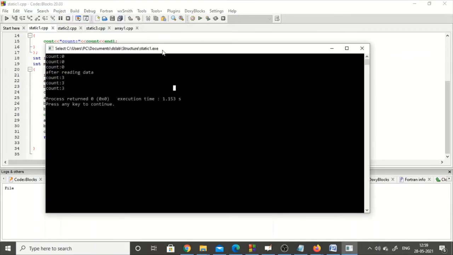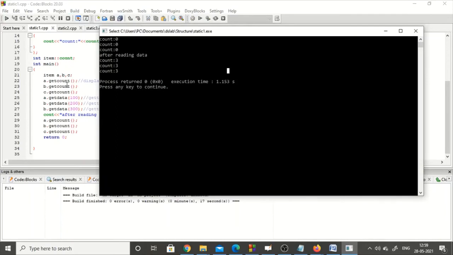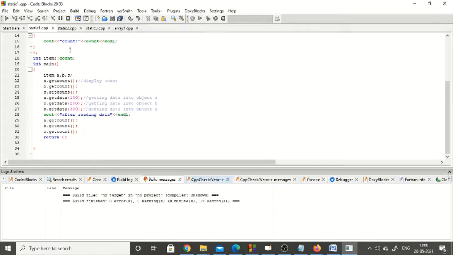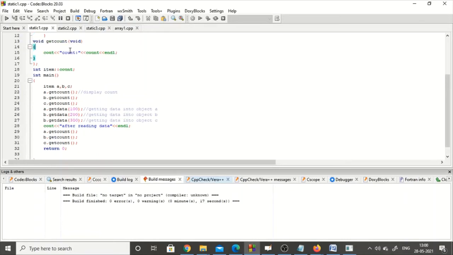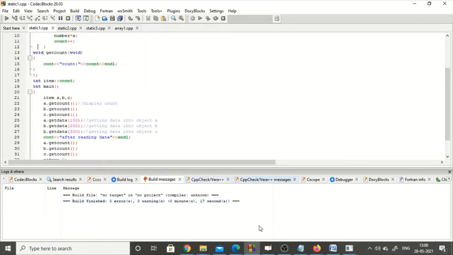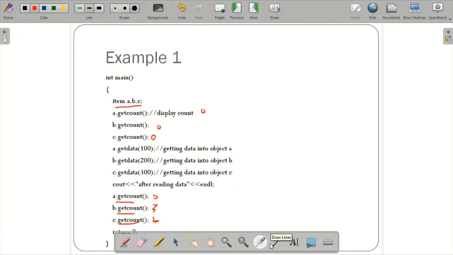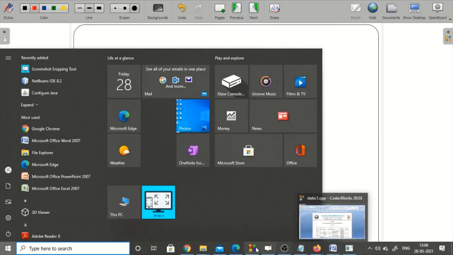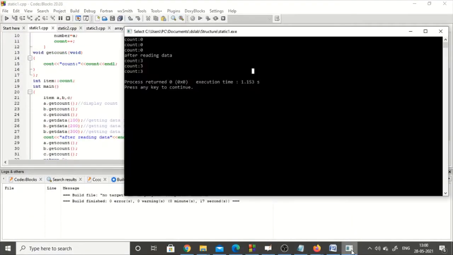You can see this count initially: a dot get count, b dot get count, c dot get count. So what is happening? Initially I did not increment anything. I just called a dot get count, so whatever the counter's initial value was, that was displayed.